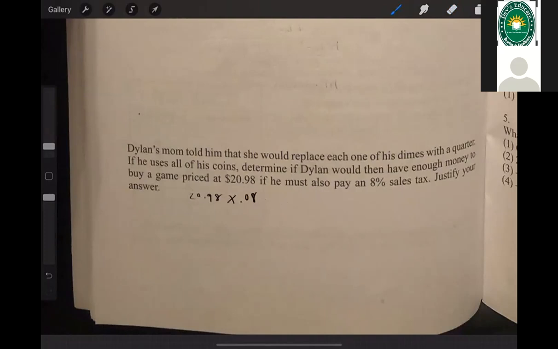Yeah. 20.98 times 0.08 equals 1.68 dollars as tax. So added on to that would equal